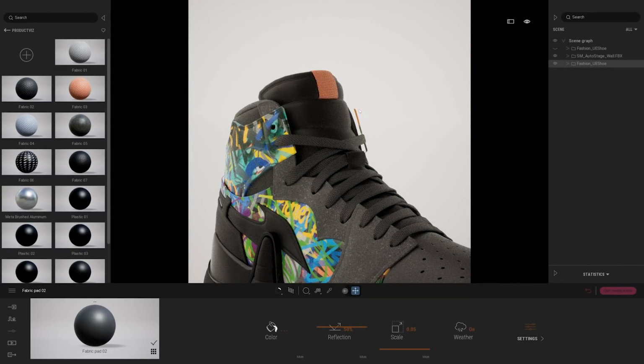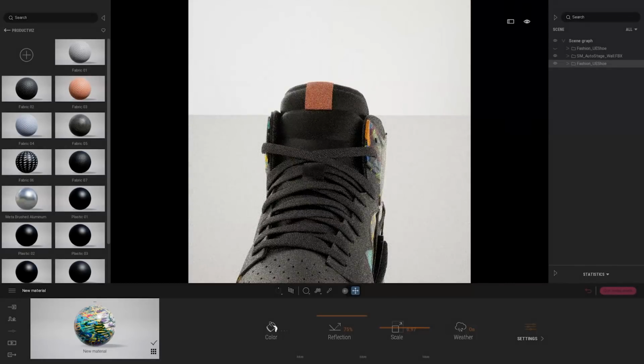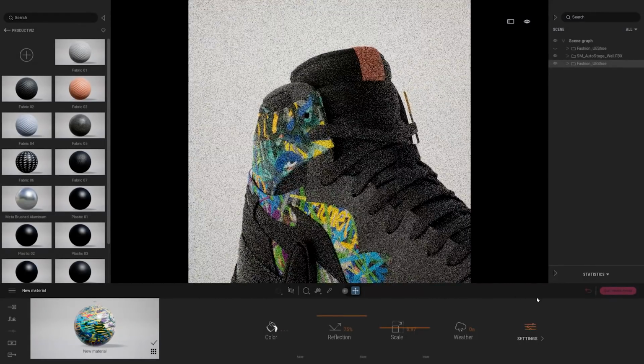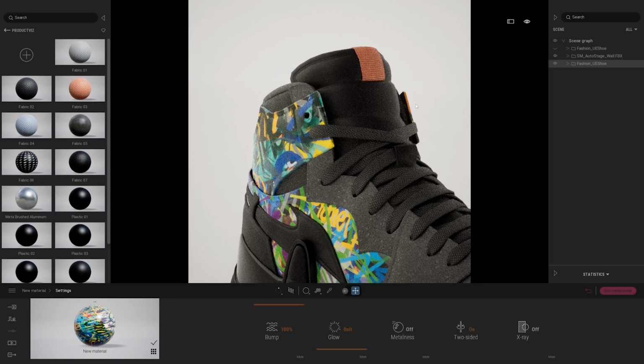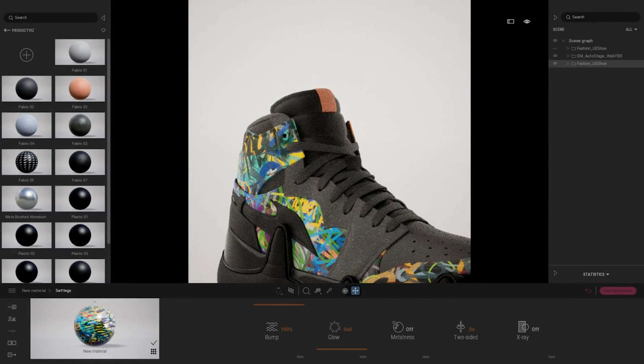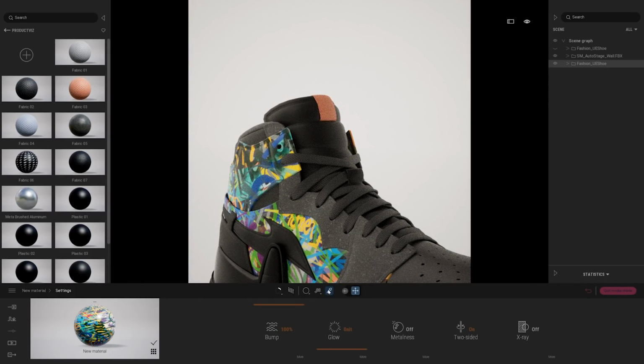As you can see here on the top, since I created this new material using that graffiti texture, it's a brand new material, and by default it doesn't come with the two-sided option turned on. So I'm going back to the option and turning that option on again to not see through that geometry. Final thing is for the brand over here. Same idea here, I'm just going to, for now, use that basic fabric on that part as well.